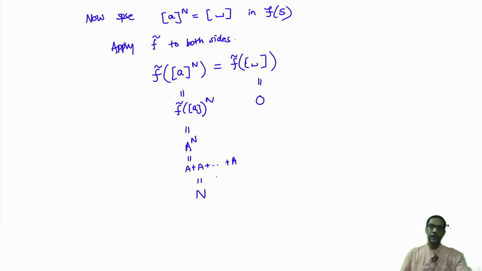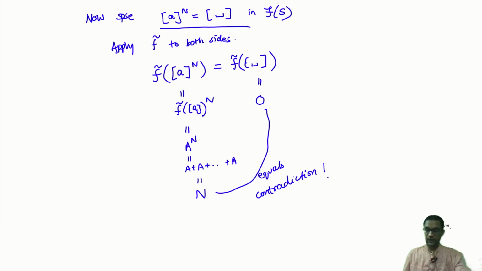What we are really using here is that the element A has infinite order, it cannot have finite order. So the contradiction now is this. We have shown that n equals 0, and that's a contradiction. So we have proceeded by contradiction. We have assumed that the element a has finite order and concluded that this element capital A would have to have finite order. And that's a contradiction.